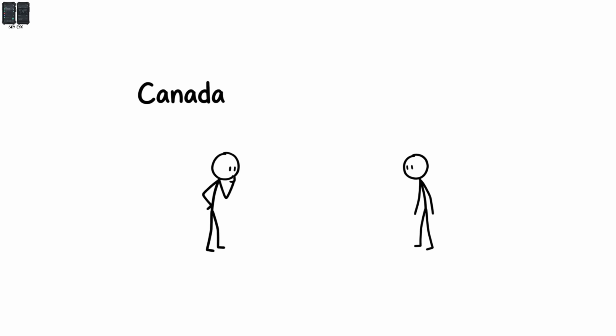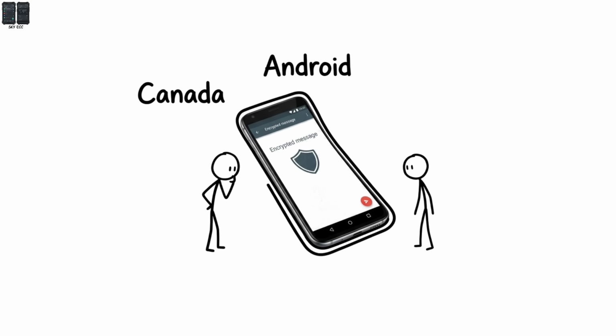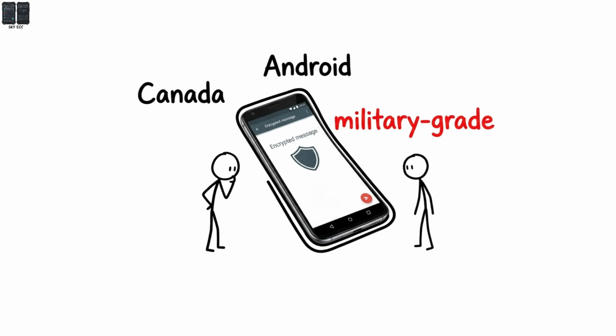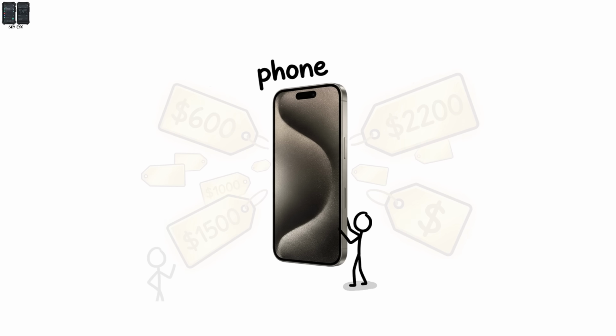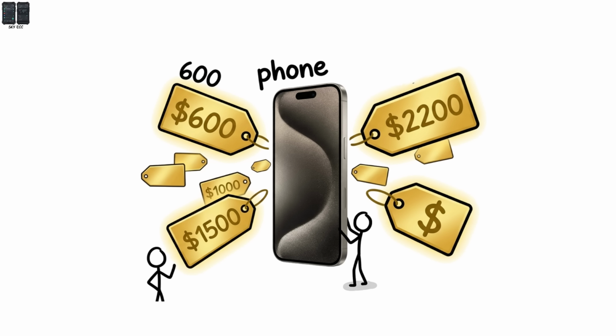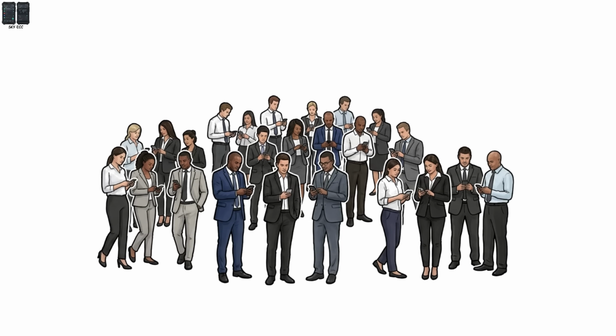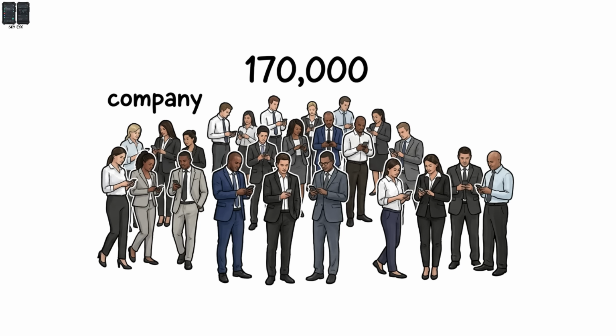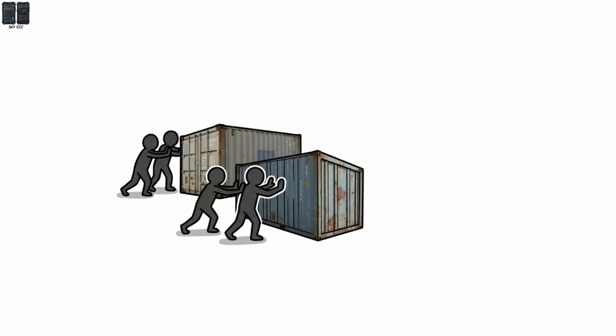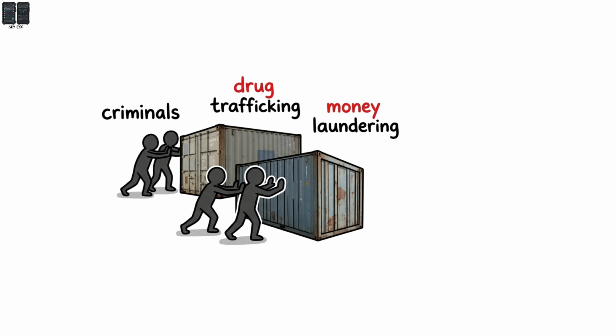Based in Canada, it sold custom Android phones with encrypted messaging that promised military-grade security. Each phone cost $600 plus $200 per year. The company claimed over 170,000 users. Many were legitimate, but a large number were criminals, using it for drug trafficking and money laundering, especially in Belgium